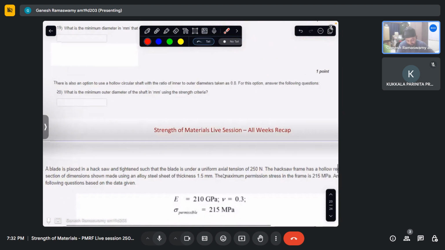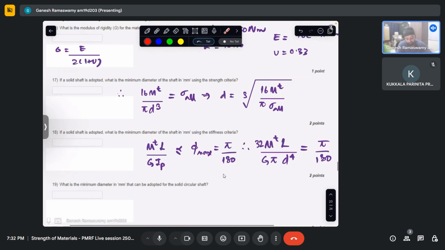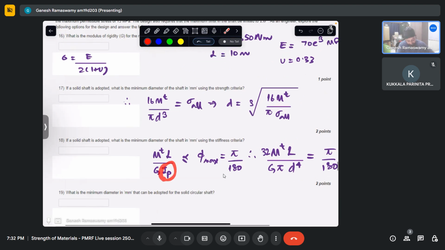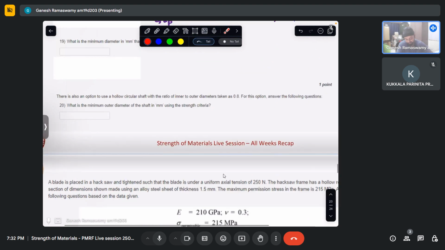Now there is also an option to have a hollow shaft instead of a solid one. Where all this will change, it will only change in this quantity IP. For a hollow and for a solid, we know how it is differentiated. So the same drill we have to do, except now the shaft is hollow rather than solid. So for the hollow shaft,